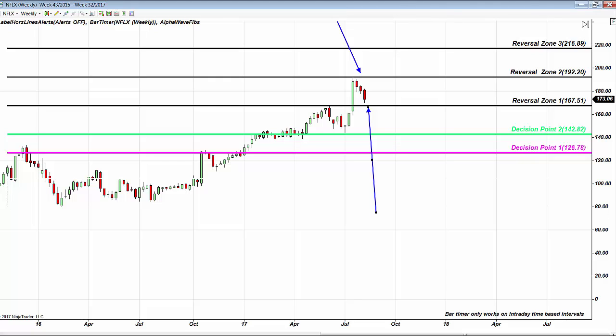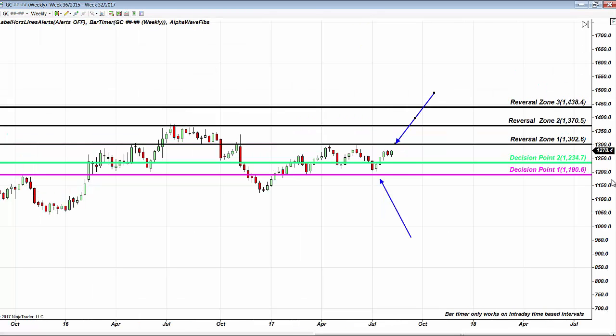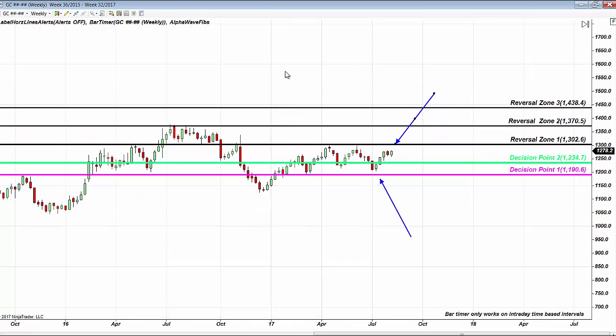Because guess what? This is gold. Do you know what to do with your position on gold? Chart present in front of you for years. Where gold collapsed from? In 2016, multiple times. Where gold collapsed from? In 2017, multiple times. All the same formula.